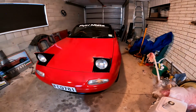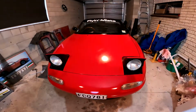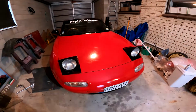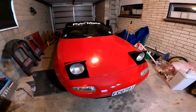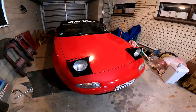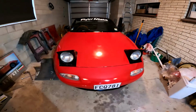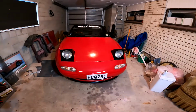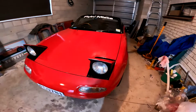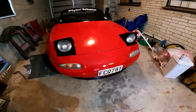But what I have done to it is I've had the engine reconditioned about 4,000 k's ago, and at the same time I had the mechanic fit a Megasquirt ECU and bigger injectors, so it's pretty much ready to go in respect to fitting the supercharger, which I'll be doing, and then the rest is like tuning it. Other modifications are